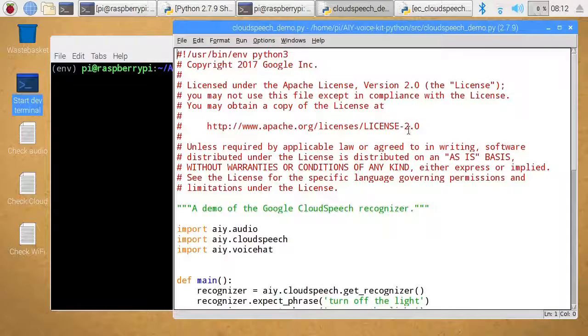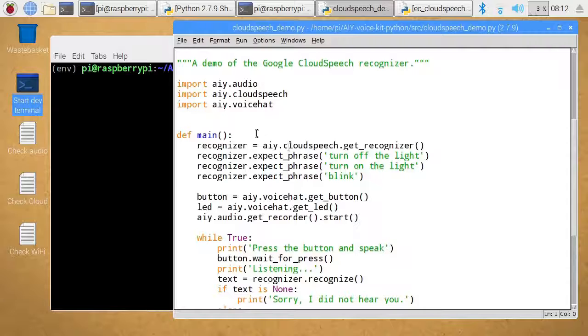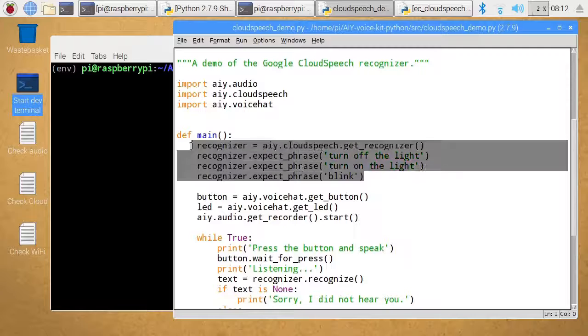Right. With everything now set up on the Google Cloud Platform, we can in theory try to use this in some code. And once again, I'll start out using some code that Google have provided for this purpose. Why reinvent the wheel? And this basically imports the modules we need here, AIY Audio and Cloud Speech and the Voice Hat module. And what it shows is, if we want to react to particular phrases, we have to set them up so the recognizer expects to find them. So here this is done, so it's actually expecting phrases like turn off the light, turn on the light, blink,